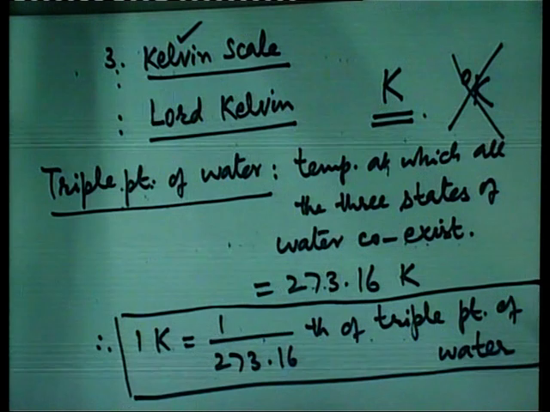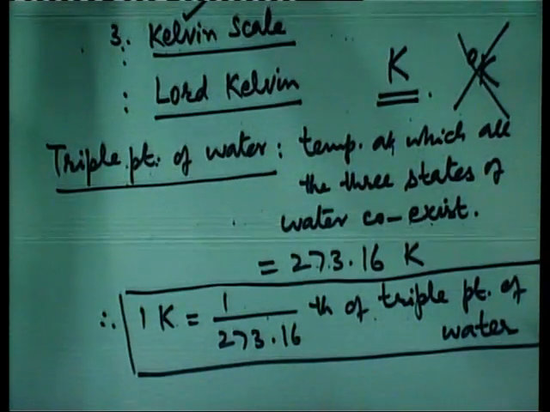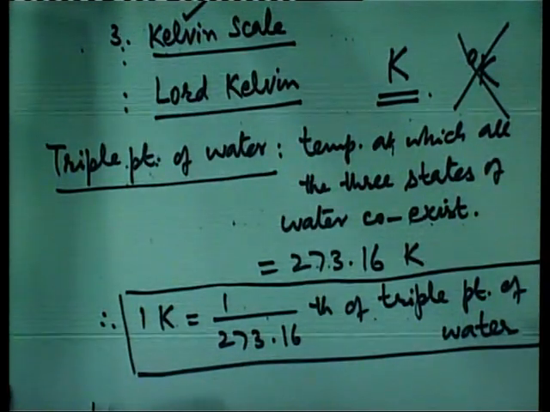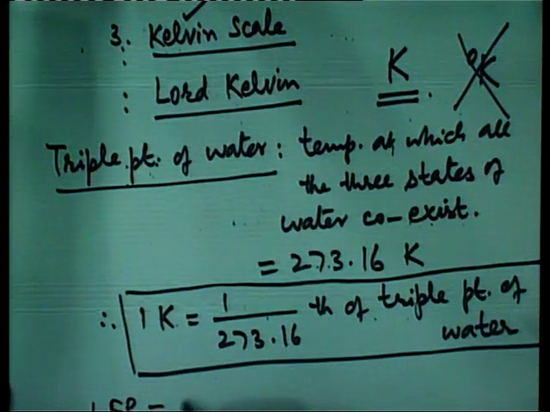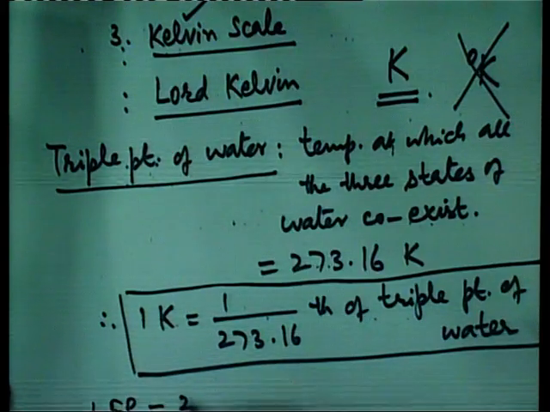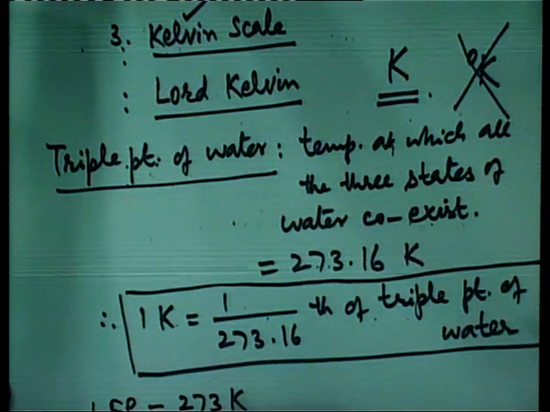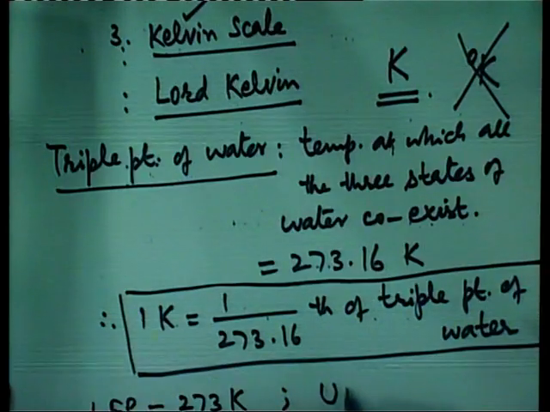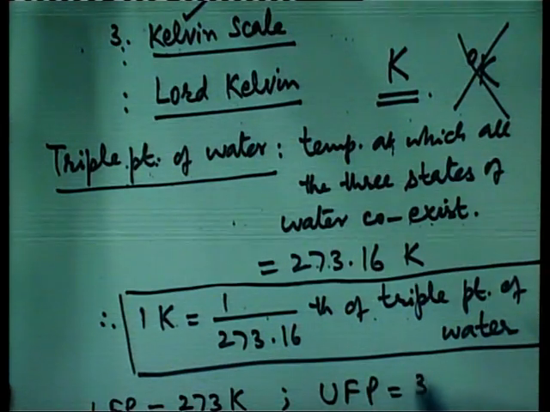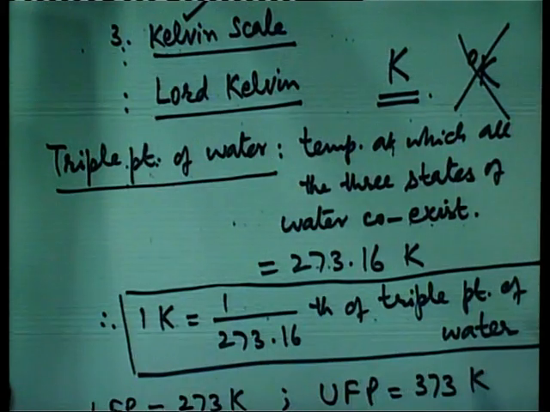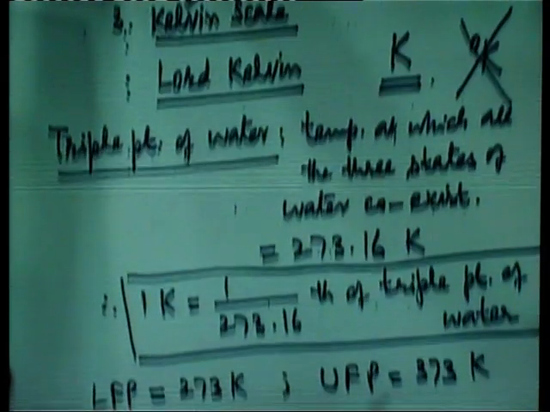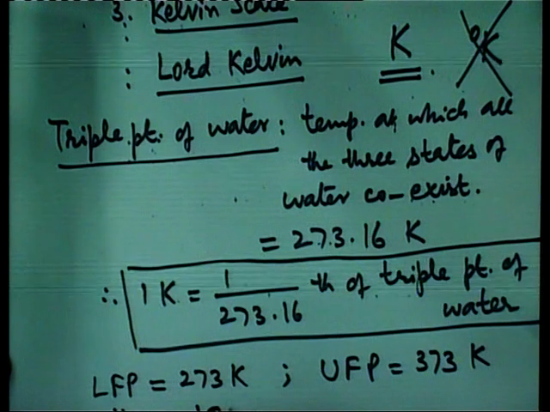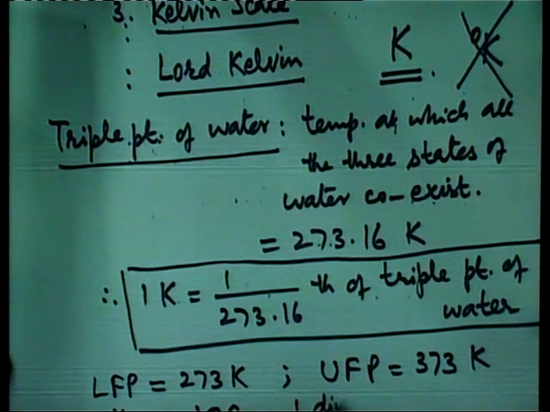Now, in this Kelvin scale, the lower fixed point is 273 Kelvin, the upper fixed point is 373 Kelvin, total divisions are 100, one division is